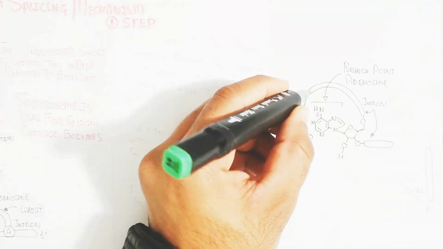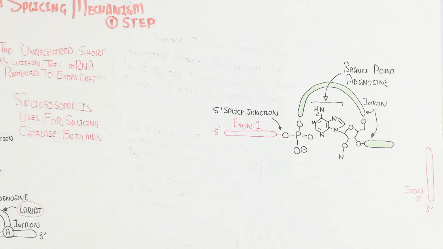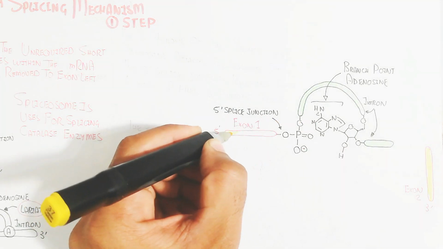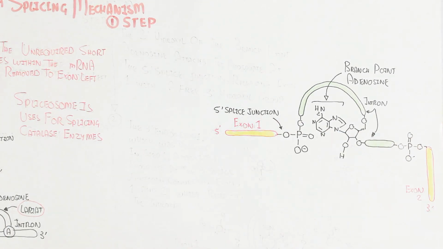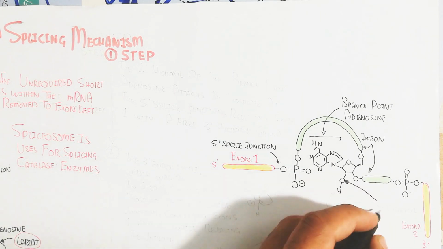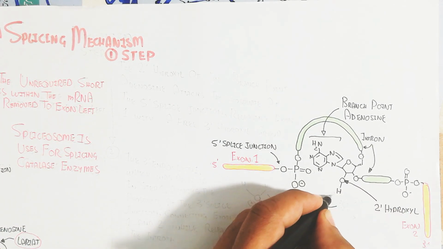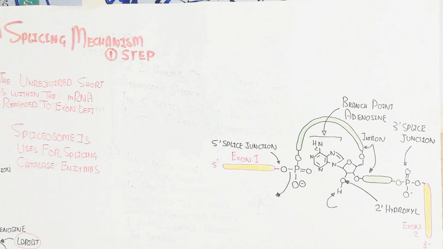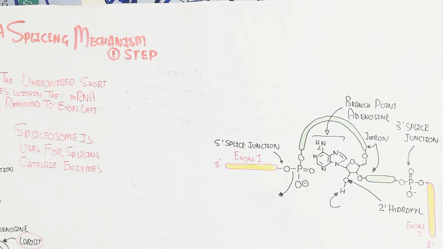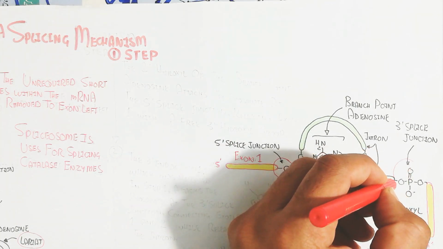The branch point adenosine is present here, and this is the adenosine. Remember, here are exon 1 and exon 2, attached via a phosphate group, a phosphodiester bond. Here you can see the 2'-hydroxyl is present on the sugar,